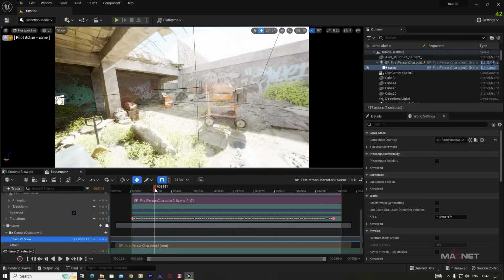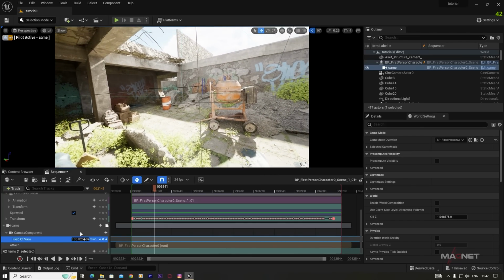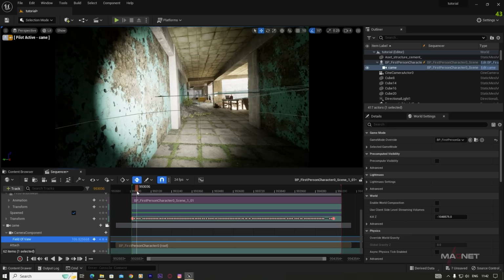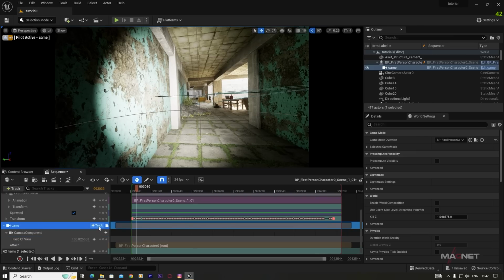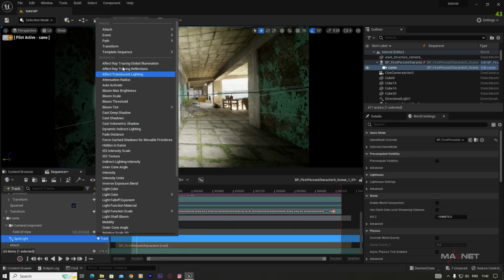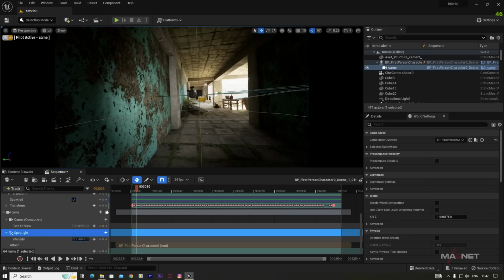Okay, and here you can also find this field of view, so you can select your field of view from here as well. And if you go into dark places, you can see the spotlight is working here. So you can also change the spotlight settings as well. So you go to this camera, just track and select this spotlight here. So here is the spotlight, and you can also go to this track and you can select all these spotlight options here. But first you go to this intensity, and we decrease the spotlight intensity a little bit down here,